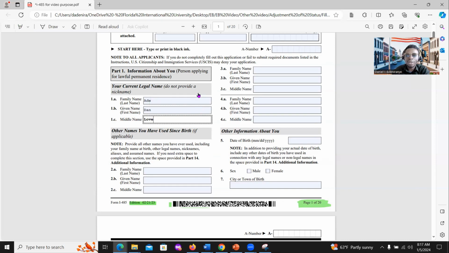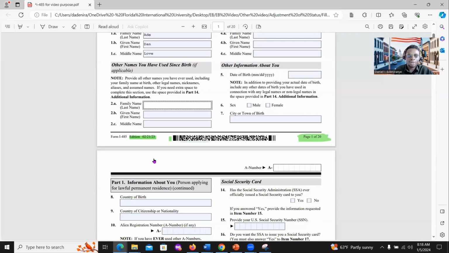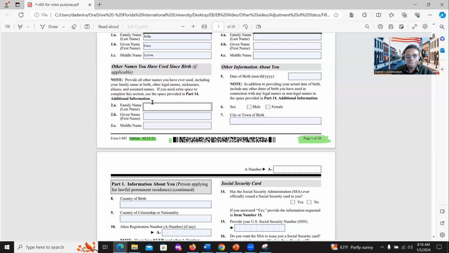Again, take note, certain areas that don't apply to you, you can leave blank, or preferably you can put not applicable, N/A. Other names you have used since birth. Now, if applicable, if you have used other names before, you want to also fill it in. For example, your spouse might have had a different last name before you got married. So if it's your spouse that is filling this form, he or she might want to put in the family name that she bore before. But if you are the man and you don't have previously used names, you don't need to fill that part,